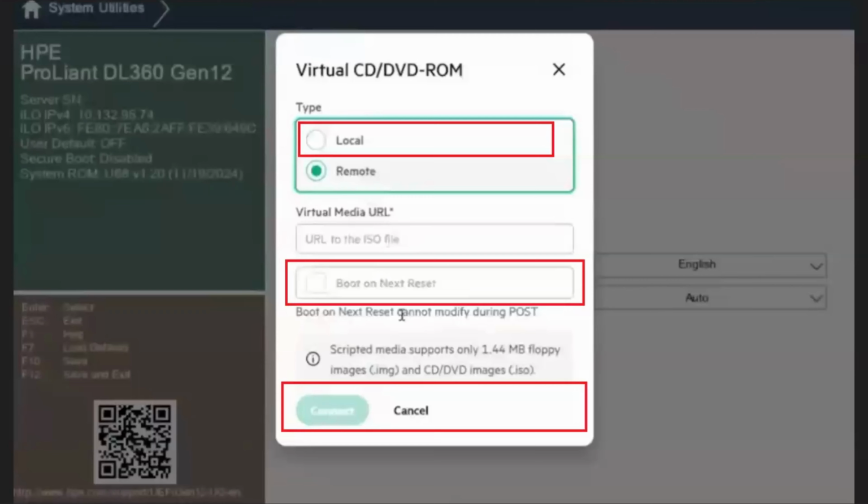So this process is really simple. You don't require any kind of USB, or any kind of bootable USB. You just need to upload the exact ISO image, like Server 2022 or Server 2025, which you are going to implement on your server machine. Click the continue button and the process will be initiated, and you can proceed with the operating system installation in the same manner as we do with our bootable USB or DVD-ROM.